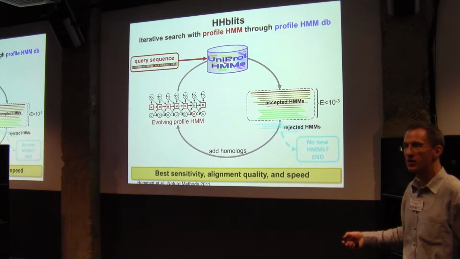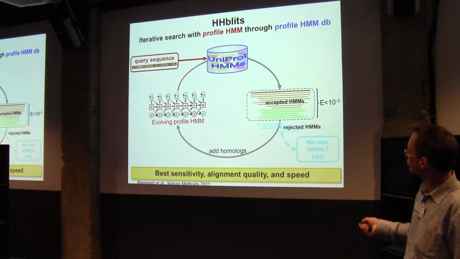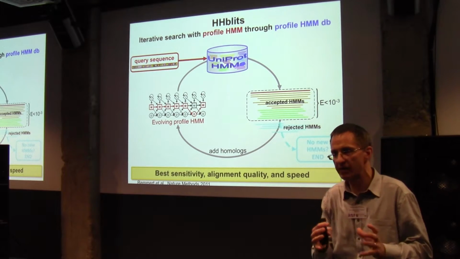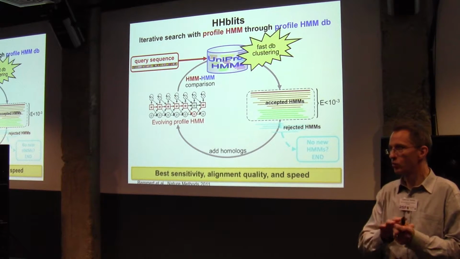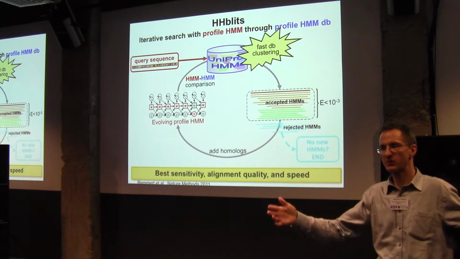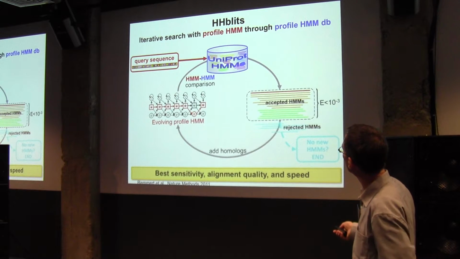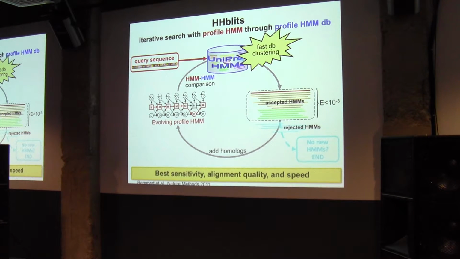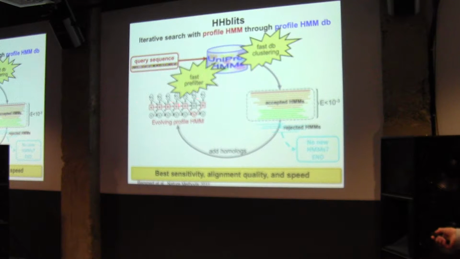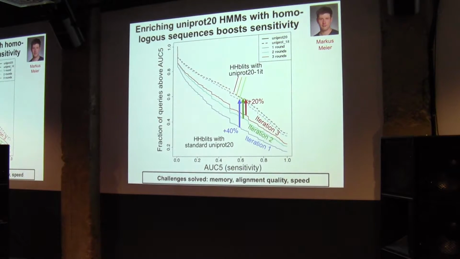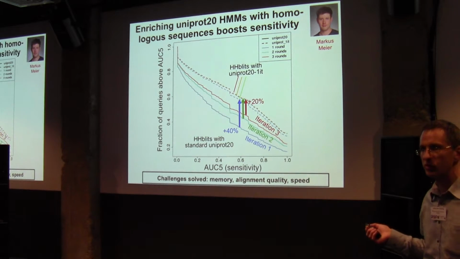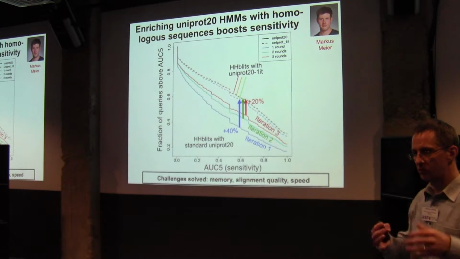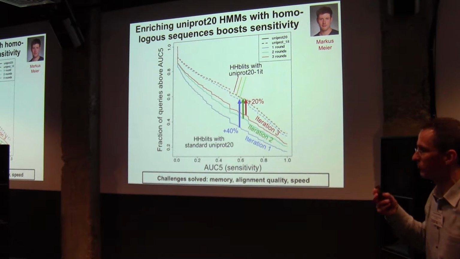These are pre-calculated, and in order to get a database of HMMs, we have to cluster the database, of course. So that's one challenge. We have to cluster the database into groups of full-length alignable sequences, build HMMs from each of them, and then we can do this whole thing as an iterative algorithm. And no wonder, because we have more information on the database side, because we are using profile HMMs, we are also more sensitive. What we are quite proud of, though, is that we are also 5 times faster than PSI-BLAST, even though the calculations that we're doing are much more involved, of course, because we are comparing 2 HMMs with each other, not just a profile with a sequence.